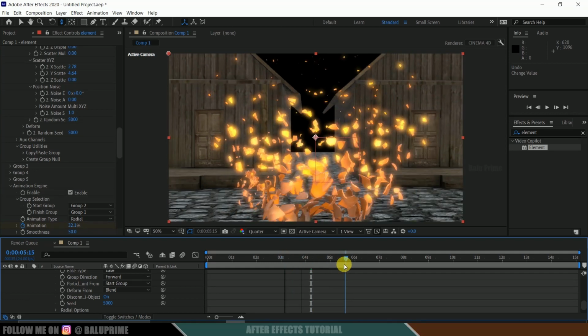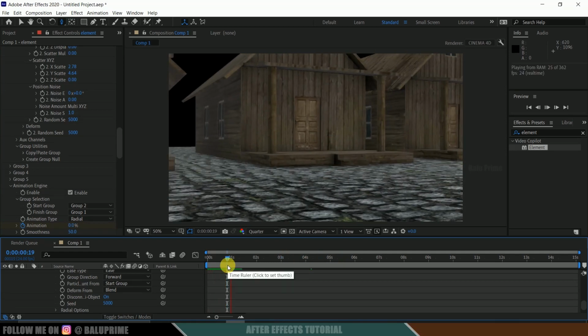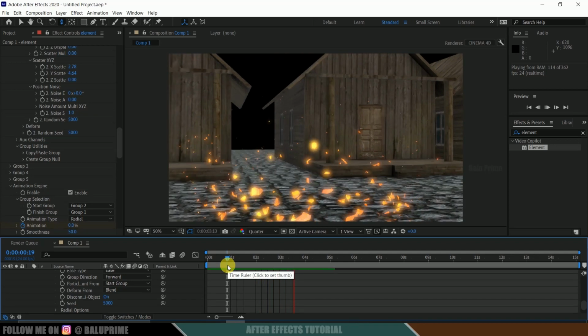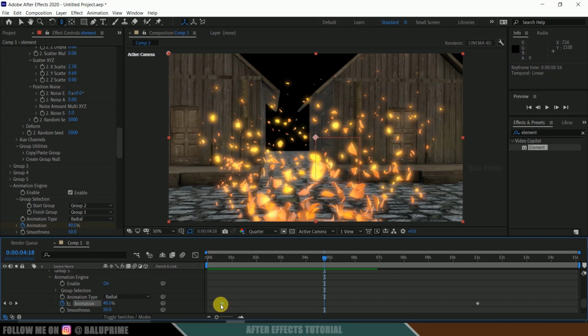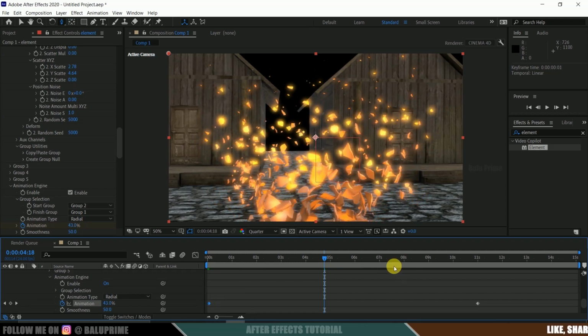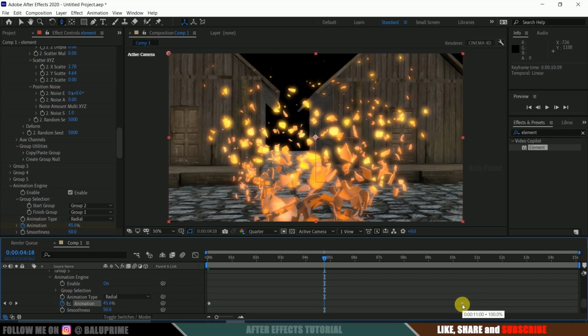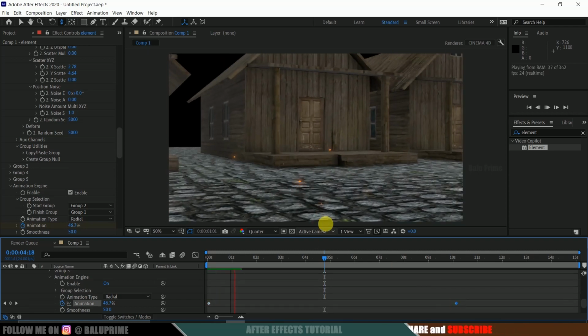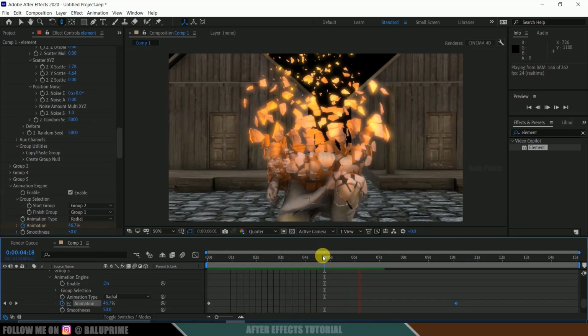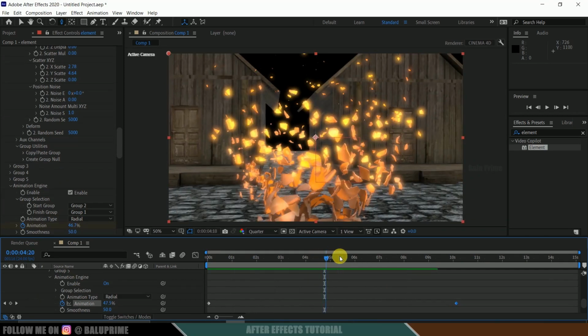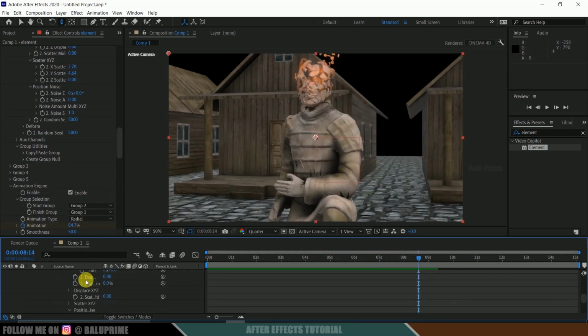So okay, now let's see this. I think we are not able to see this below part. So what we can do, let's move this animation start to 0 only. Okay, fine. Let me move this here. In this way we can see these below particles forming. Looks good. Nice. Now let's enable depth of field.